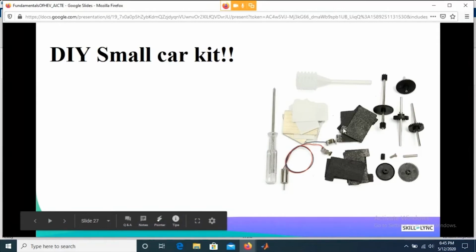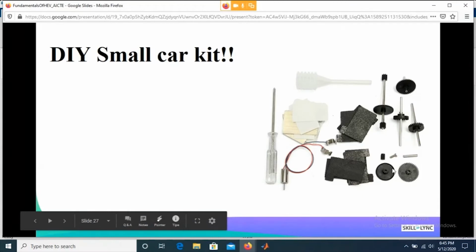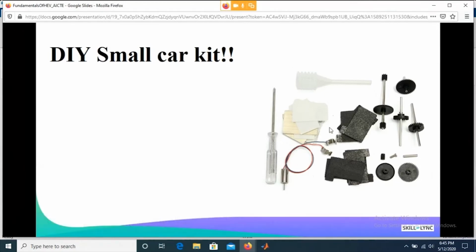Here is where you can give the salt water through this dropper. Here you have the gears. Here you have some kind of a mechanism where you can fix those gears and have the wheels, right? And basically if you keep this anode, cathode and salt water together, it is going to produce some electricity, and with around 1.5 to 3 volts you can basically run this car, right? If you have done this, that is exactly what we are trying to replicate in a MATLAB model, right? So now we have a vehicle body ready.